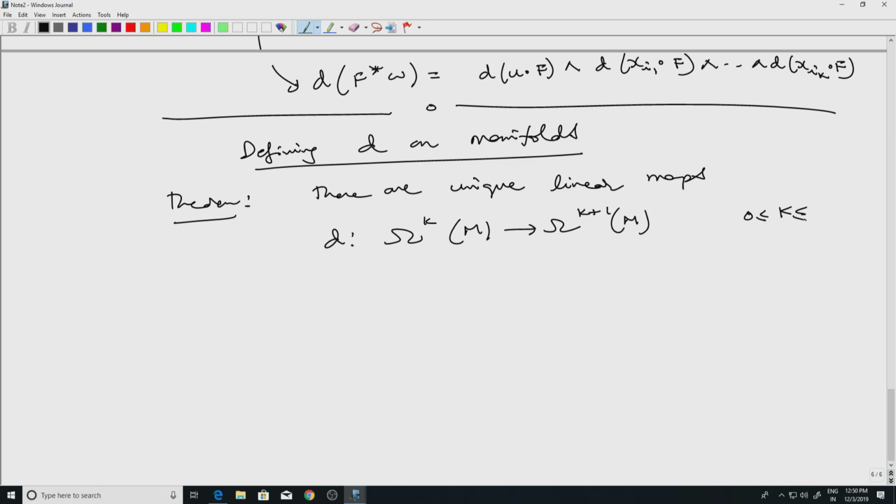So I might as well say that k is less than or equal to n minus 1, because here I have written k plus 1. There are unique linear maps such that